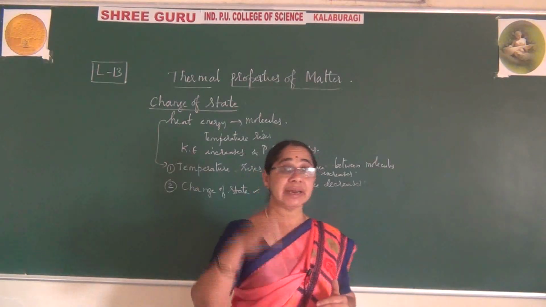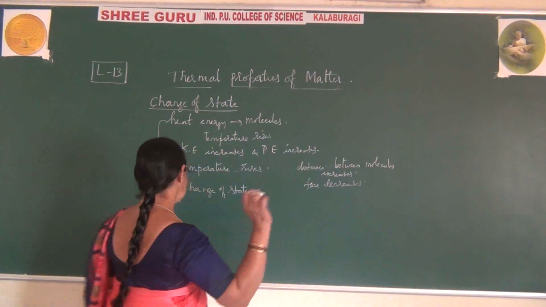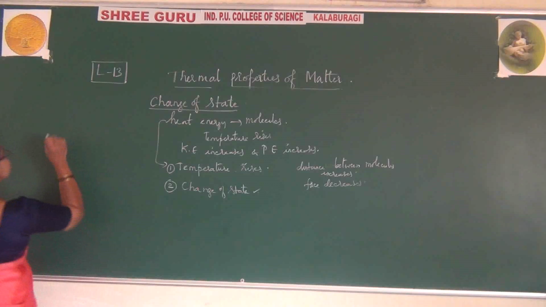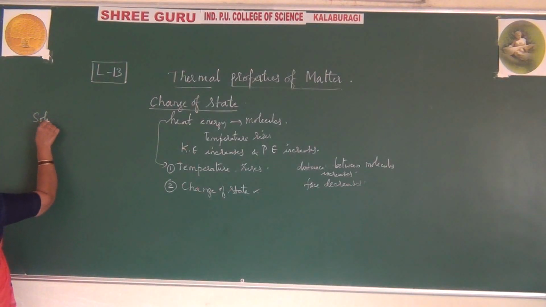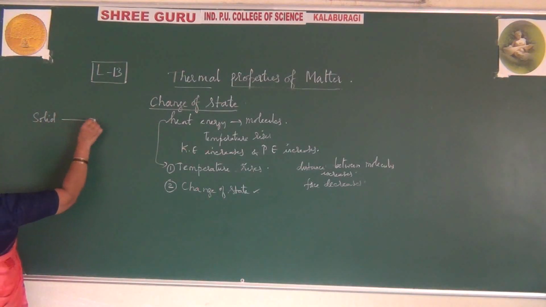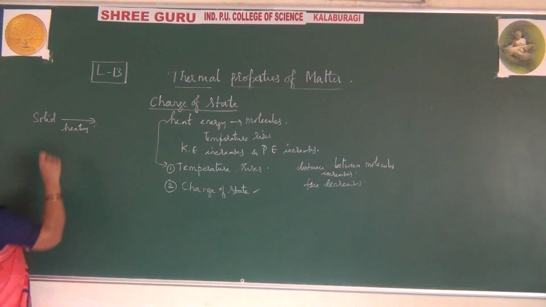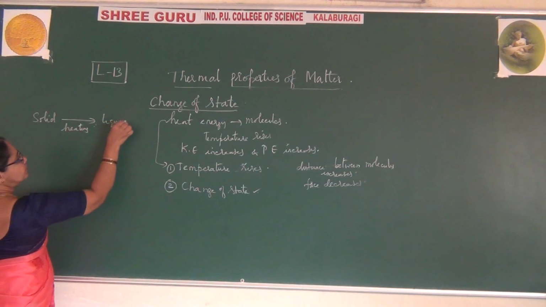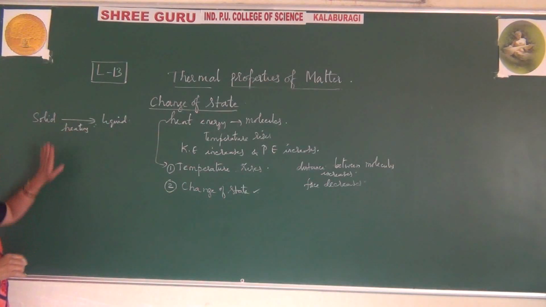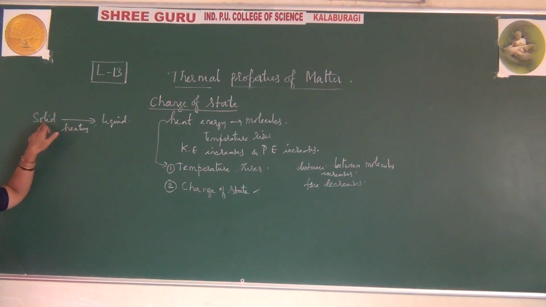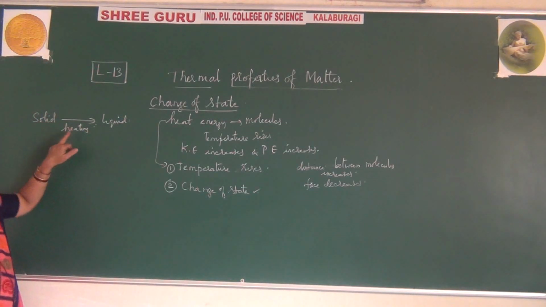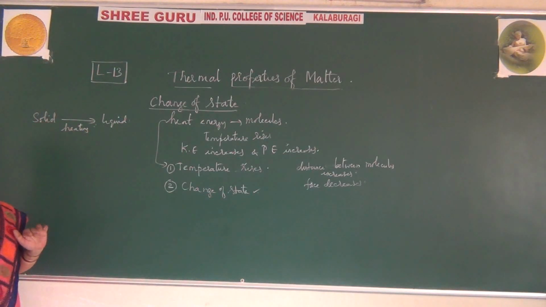So here temperature has been rising. Solid substance: as temperature increases, I am heating it, I am increasing the temperature. Naturally, solid becomes liquid. So when solid, that is aluminium, is heated, it becomes a liquid. When you heat it, temperature rises.